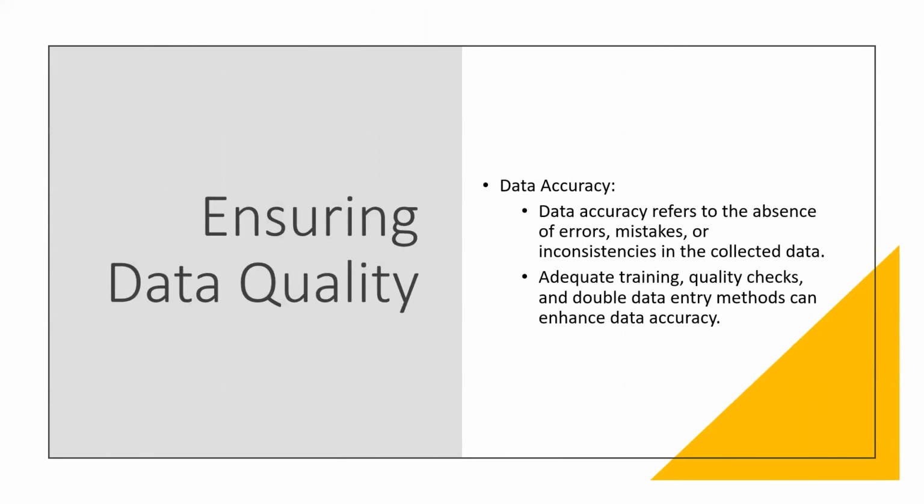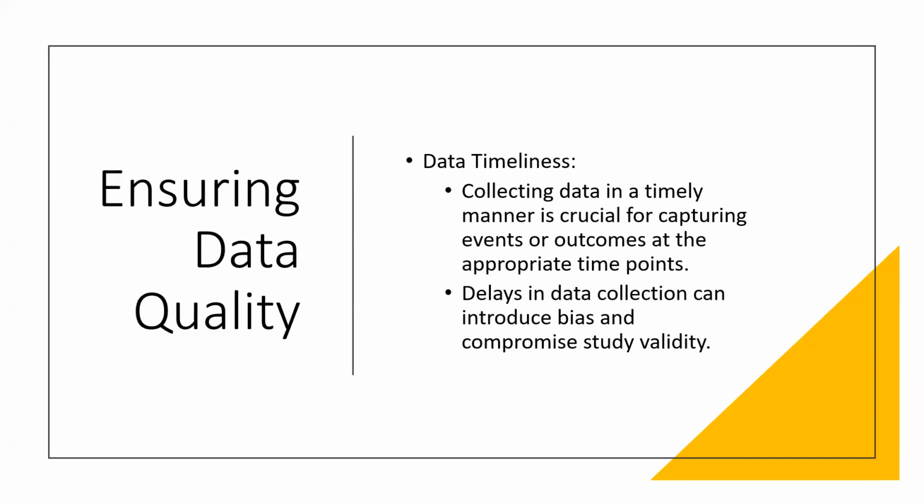Now, how do you ensure data accuracy? So look at data integrity, data completeness, and now data accuracy. Data accuracy refers to the absence of errors. So good or complete data in research means that the data have no errors. Adequate training, of course, quality checks, and double data entry methods can enhance data accuracy for the site for that study. So periodic data checks, and if at any point in time the sponsor says every 3 months we're going to be conducting data checks,